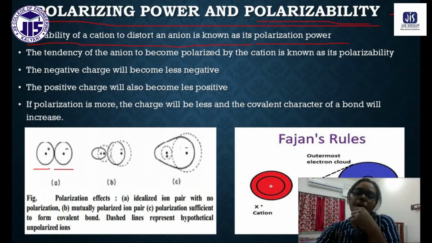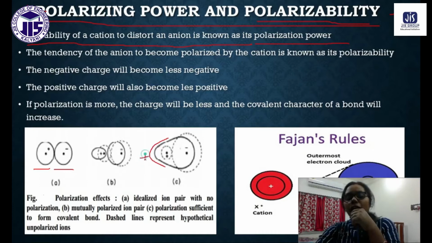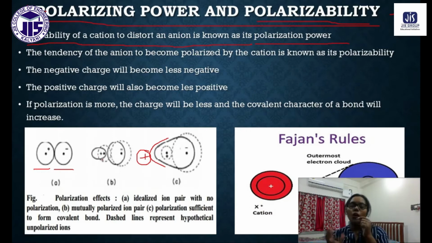The electron will be distorted, and this type of distortion will take place. Okay, so this distortion is generally taking place due to presence of this positive charge. Understand? So that is why what will happen, the power of distorting the electron density. Look, previously the electron density is on the negative one, while it will come closer to